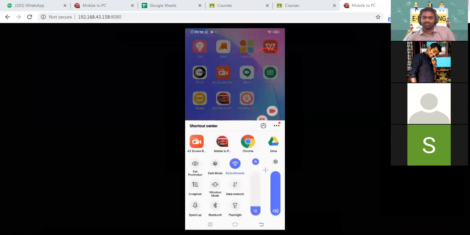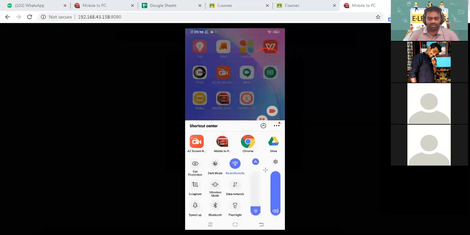Sir, I just wanted to know if these apps are supported on iPhone, because I couldn't find both in my App Store. Okay, you check, ma'am. I'm not an iPhone user, so I don't know. If this is not available, you can look for others in the App Store.